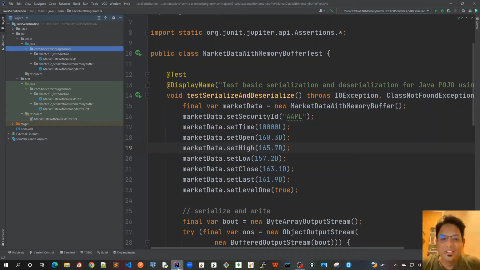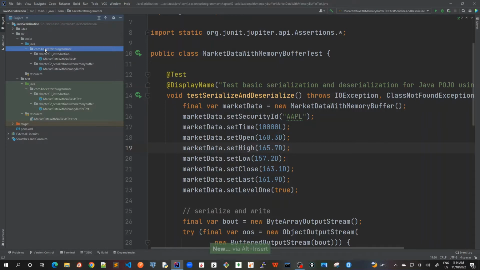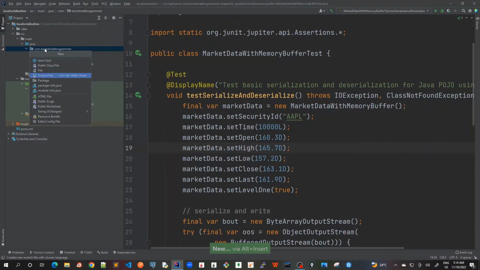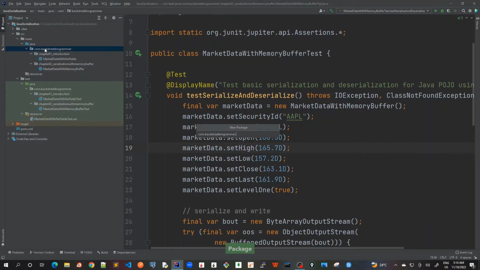Good morning, friends. So I am in my IntelliJ, and let's start coding for chapter 3, serialization with file. So let me start by creating the package first, as we did for chapter 1 and chapter 2. I am in my source main Java, and I'll press Alt Insert. It will create a package like this, and then I will write the package name as chapter 3,